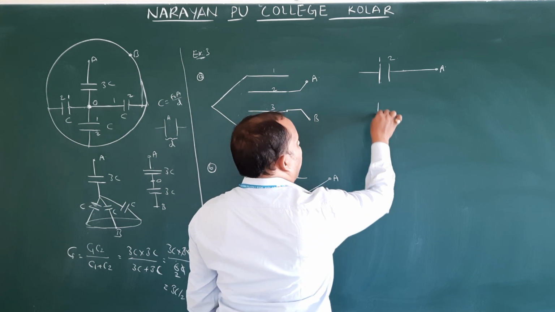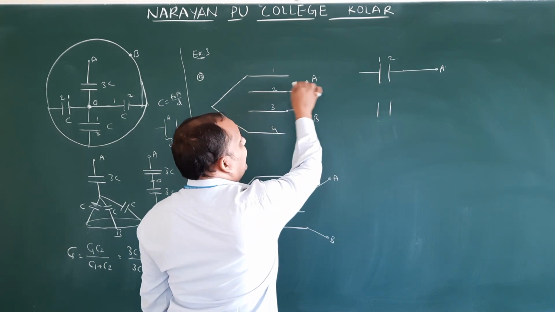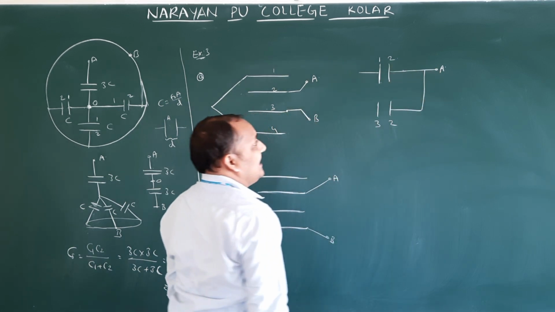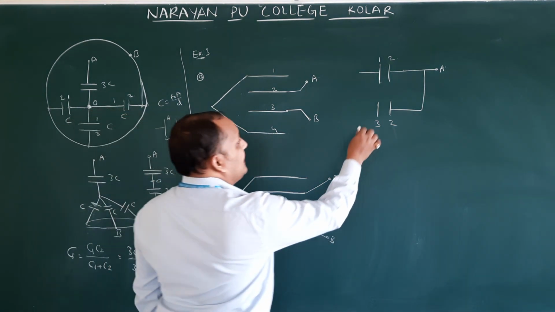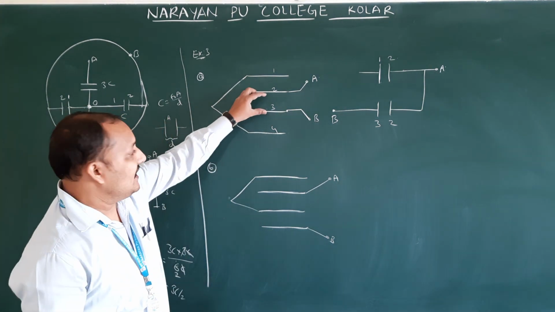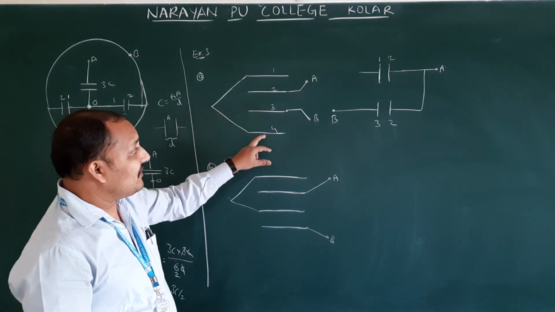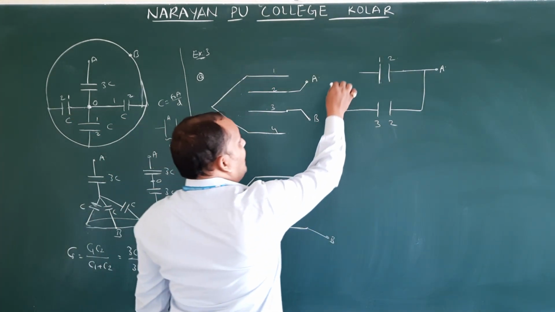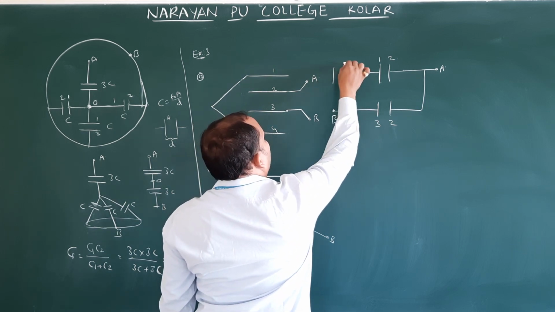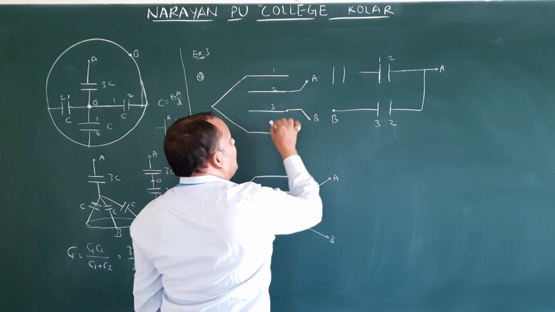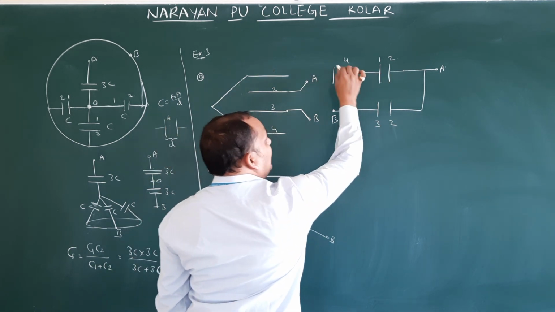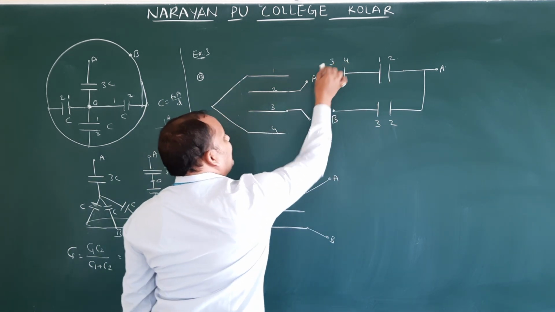If you have taken 2, 3, where is 2 connecting? To A. Therefore take 2 on this side. 2 is connecting to A, and 3 is connecting to B. Let us assume it is connecting to B. Now 2, 3 is over. Now we will take 3, 4. Whenever we take 3, 4, where is 4 connecting already? To 1. Therefore you can take 4 somewhere here. Anywhere you can draw; for simplification purposes I am taking it here. Where should we take 4? 4 is connecting to 1, therefore we should take 4 on this side. Now 4, 1 are connected. The remaining terminal is 3. Where is 3 connecting here?